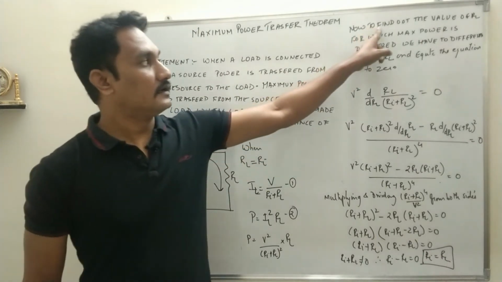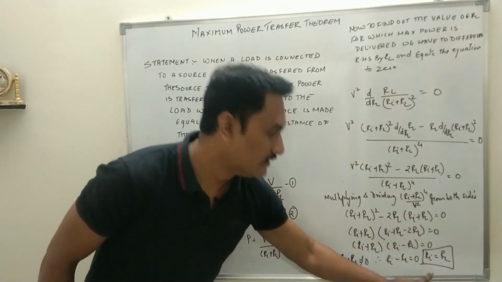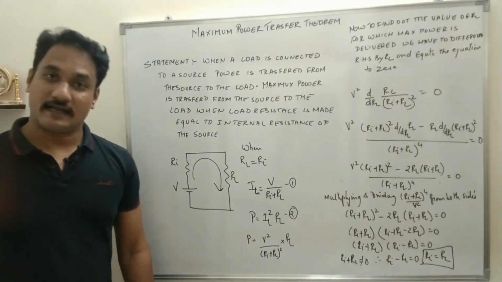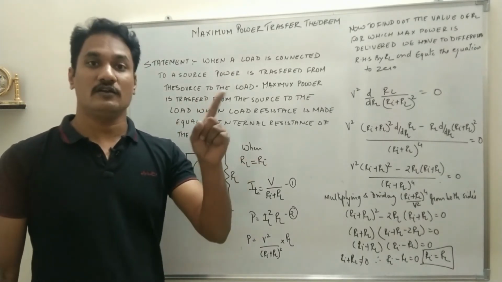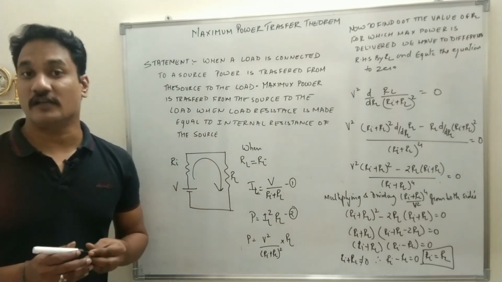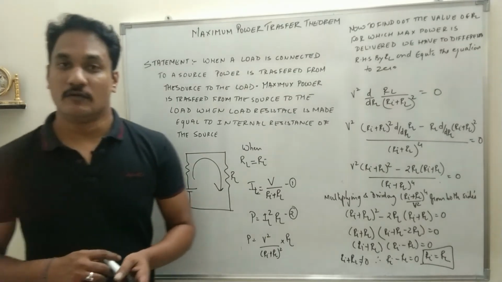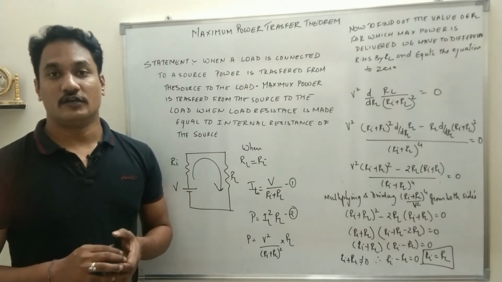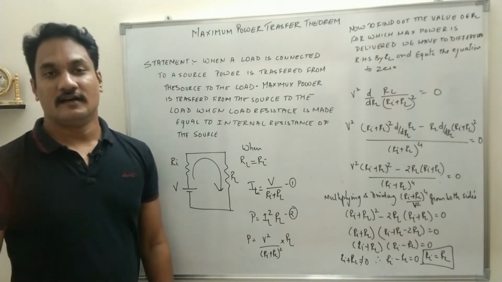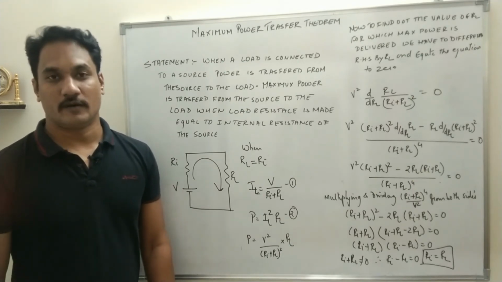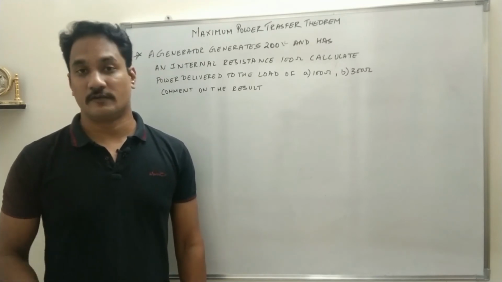So the value of resistance for which maximum power is delivered is Ri equal to RL. As Ri is constant, we have to make sure that we make the value of RL equal to Ri so that maximum power is transferred from the source to the load. So this is what exactly we mean by the maximum power transfer theorem. We will take a numerical so that you can understand the exact use or the exact objective of understanding the maximum power transfer theorem. Let us take one numerical based on the maximum power transfer theorem so that we can understand what exactly